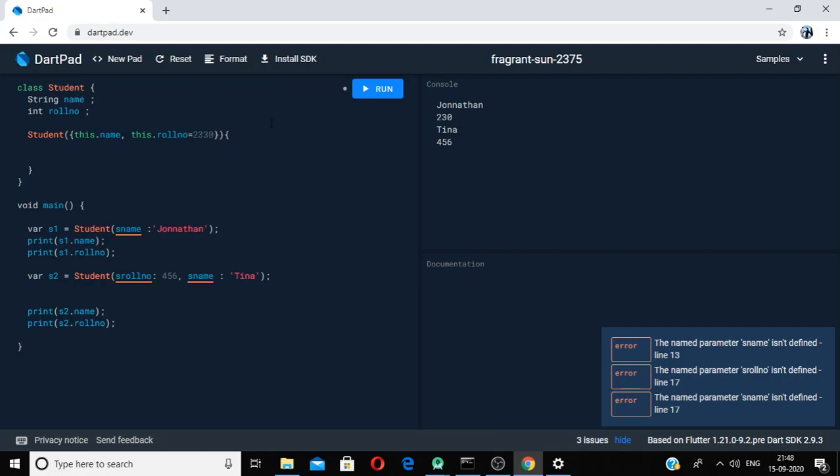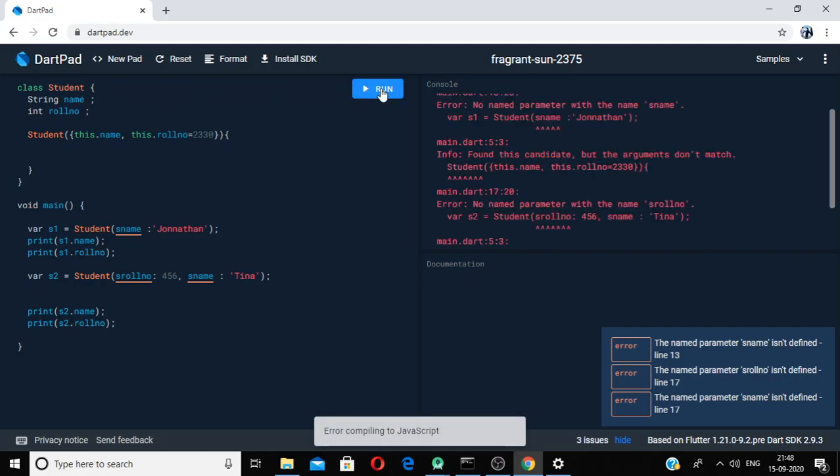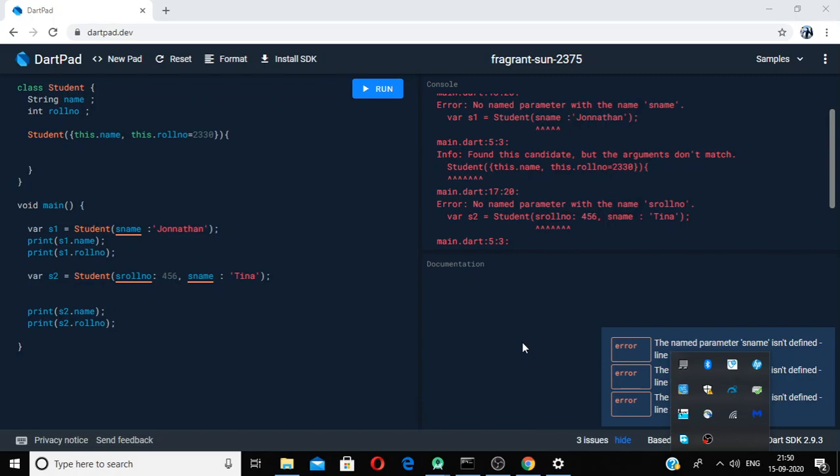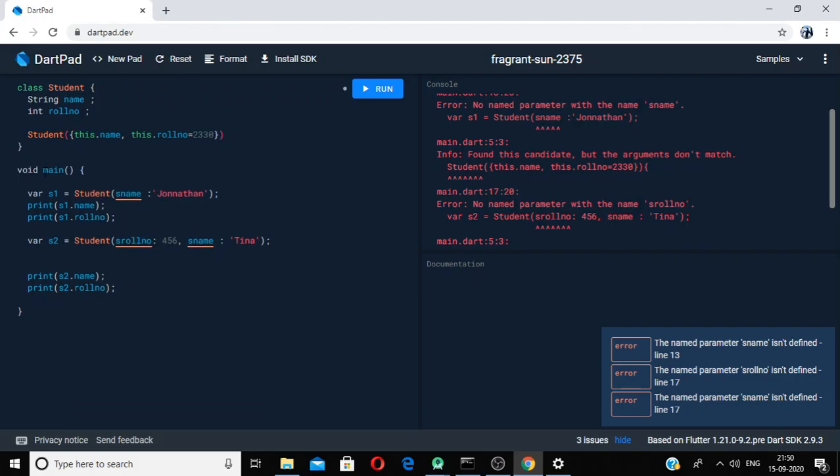Just change it to this. Wait, I forgot to delete this. Just add a semicolon, and this is the shortcut where we don't need to write the body of the constructor. Whatever value you pass will directly go to these variables. Just use the word this and the name of the variable, the same in this case.